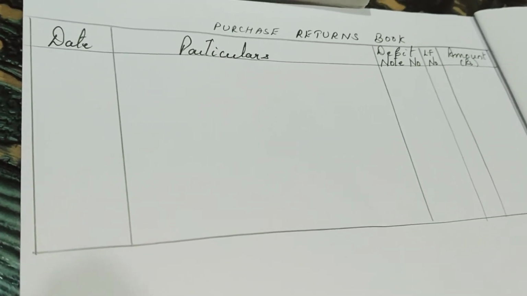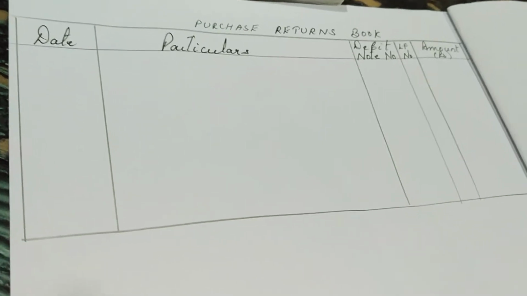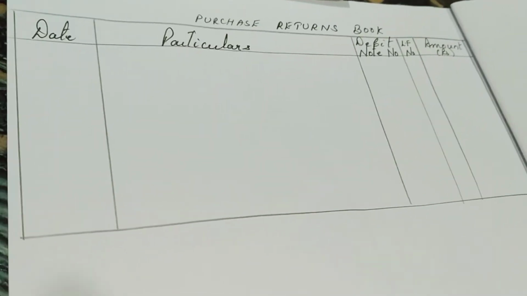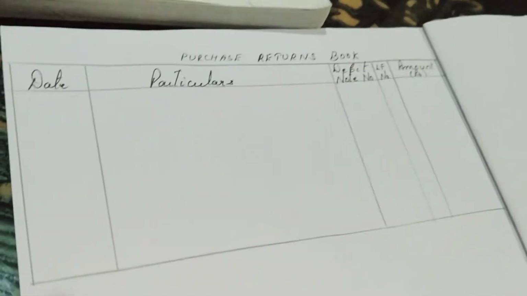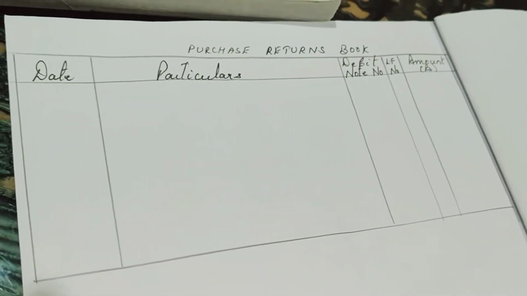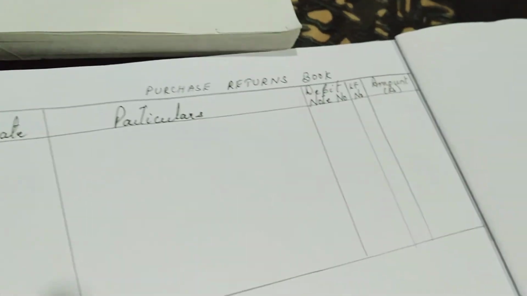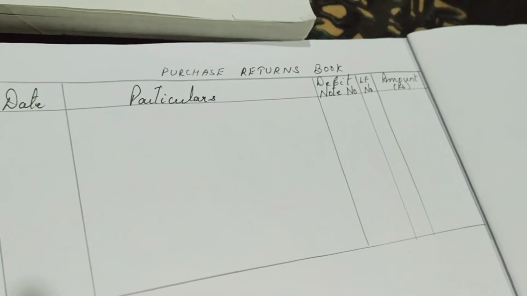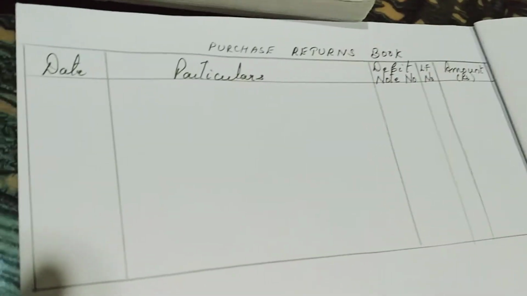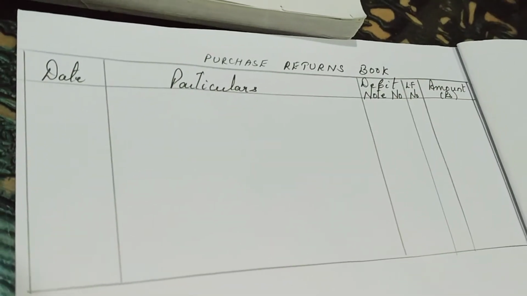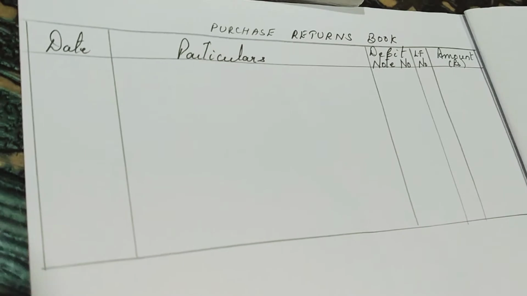Purchase book we are already done. You have learned how to calculate trade discount there, and you have also seen how the format is put up, how the entries are totaled, what to write and what not to write. Once again I am repeating, all the cash purchases and sales we won't record, and also any purchase and sales pertaining to the fixed asset also will not be recorded in the subsidiary books.